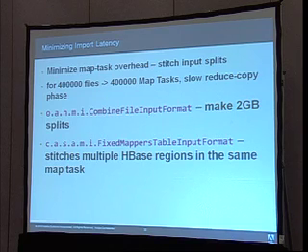By default, if you run a Hadoop MapReduce job with 400,000 input files, it's going to create 400,000 map tasks, and like 80% of your time will be spent in the reduce copy phase when the results are copied to the reducer. So what we do, both for log files and for the HBase warehouse format, is stitch multiple input splits, whether they be files or HBase regions, into the same map task.